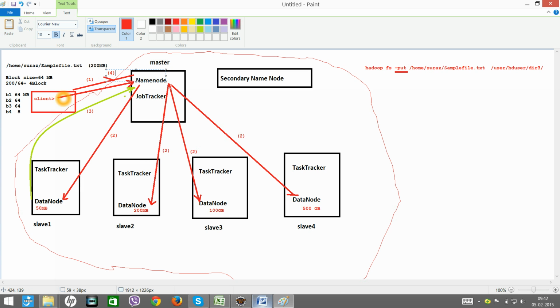It will not send through the name node. The work of the name node was just to inform the status of the data nodes, to understand what free space is available in each system. But after knowing that, the client will directly interact with your data nodes. So step number 4 is over. Step number 5 is this.